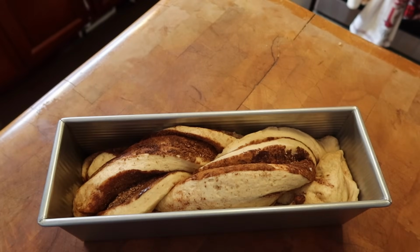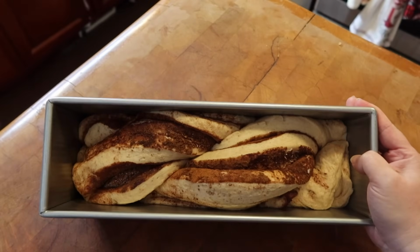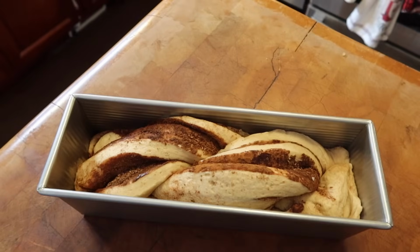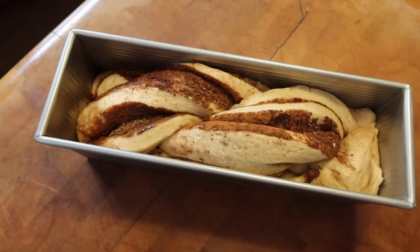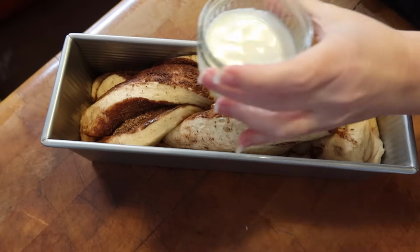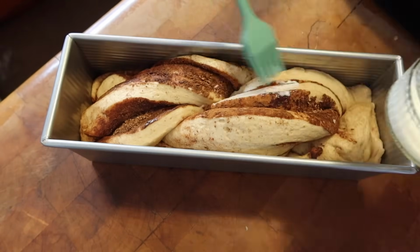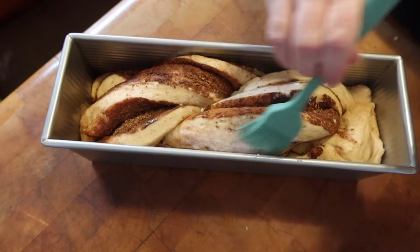And so now before we bake it, we're going to preheat our oven to 375. And then we're going to top this with milk. I'm going to brush it with milk, okay? So that it gets this nice, soft, pretty top on it. I just have a little dish here with a couple tablespoons of milk. And what I do first is I brush it on